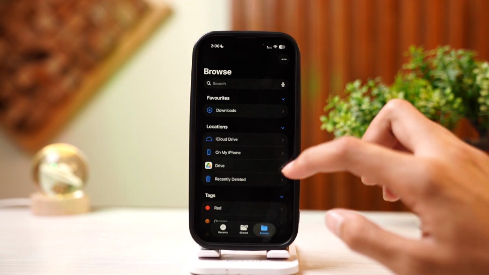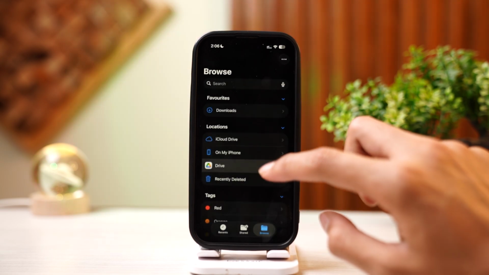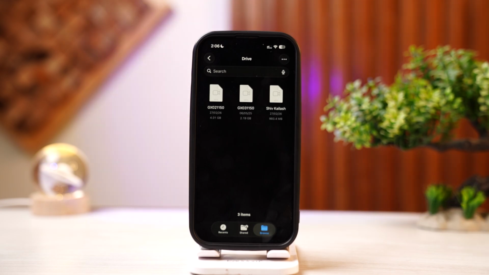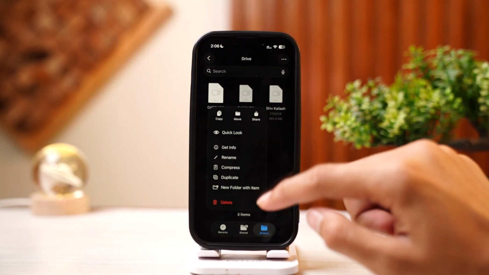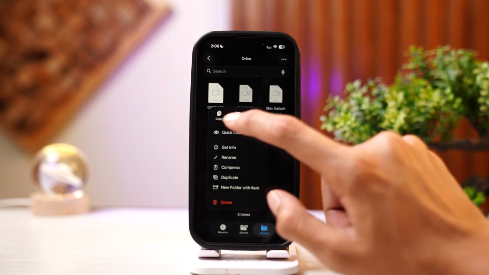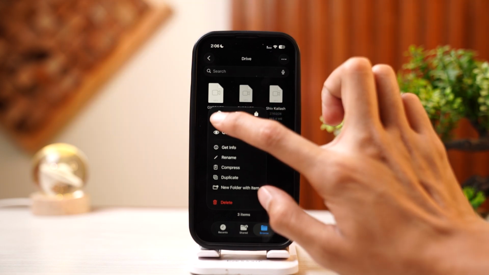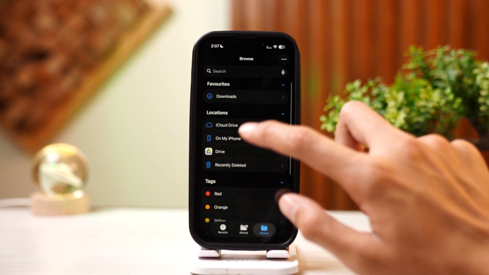to move your files. Go to your Google Drive, that is right here, and tap on Turn On, and there you can see your folder. Just tap on that and you will see a button to copy and move, and there you need to tap on it and now you need to go back, and there you need to find